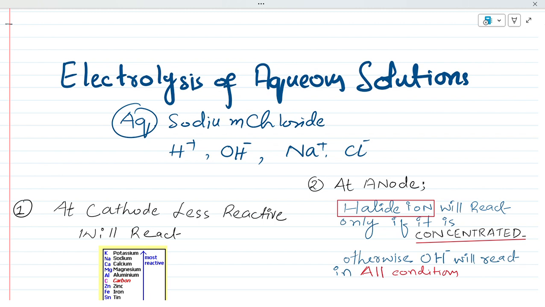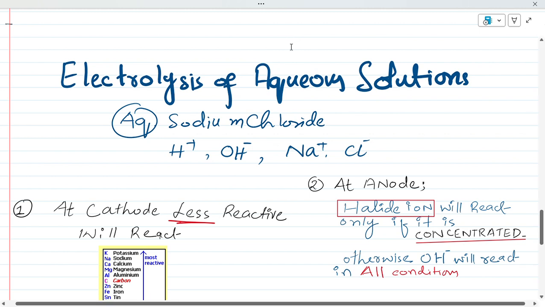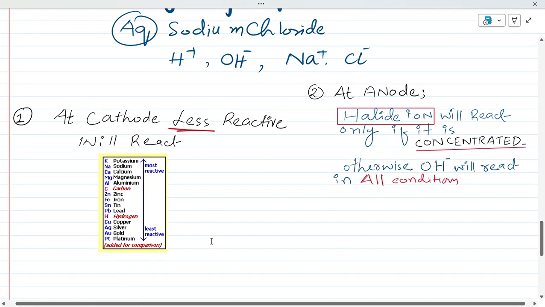So to make things simpler, let's have the concept that at the cathode the less reactive ions react and they neutralize themselves into atoms. Now how can we tell which is the less reactive ion? We will compare using the reactivity series, which you can see starts from potassium, sodium, calcium, magnesium, aluminum, and then it goes on. There is also hydrogen present over there, copper, silver, gold, and platinum. You should remember the least reactive atoms that are below hydrogen in the reactivity series, like copper,